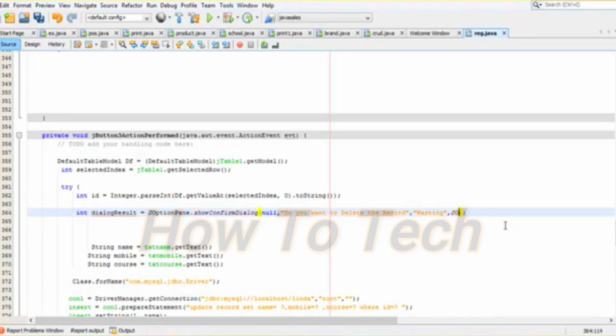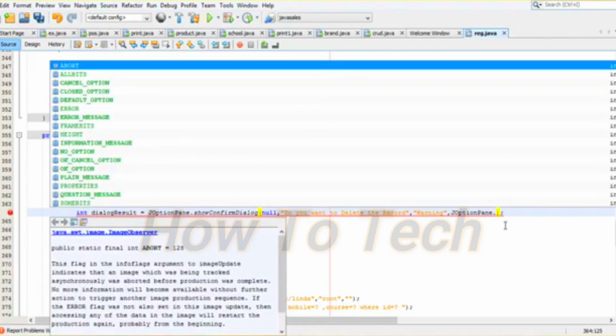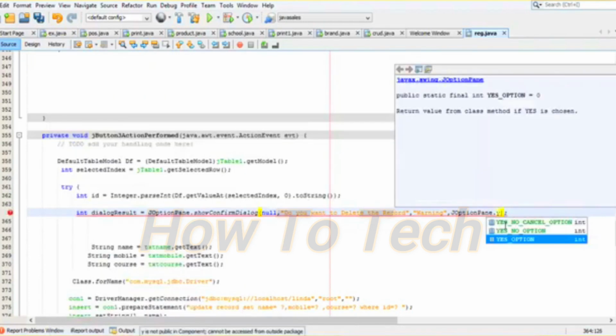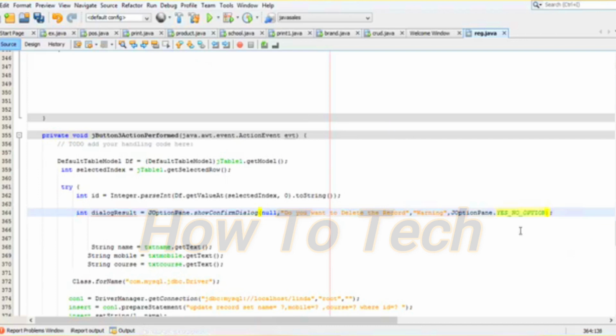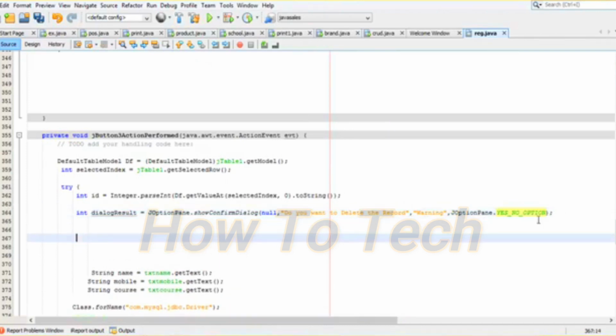So JOptionPane dot, yes or no. There is a yes or no option. You have to select them. Yes or no option. That's it. Right. Now here, what I am going to do is,